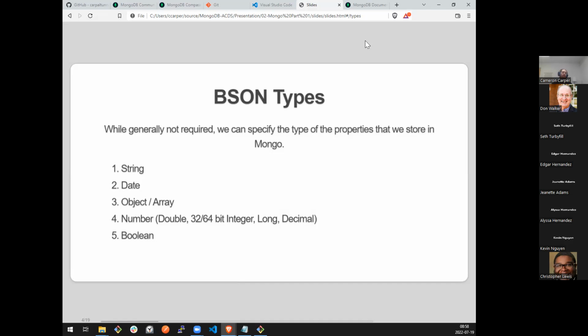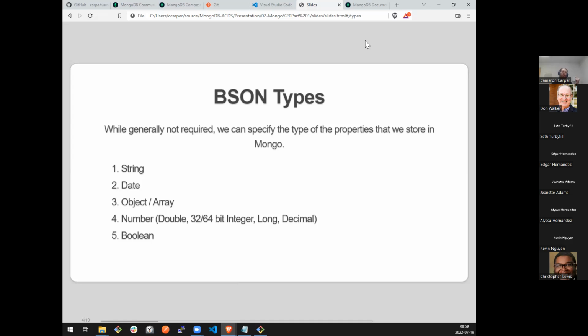So the general types that we will work with, the very obvious and easy ones, because if you've ever worked with JavaScript, are string, date, objects and arrays, and Booleans. In JavaScript, we typically just say number, just give me a number, and don't worry so much about what type that number is, unless it's for a very specific purpose. I generally do the same with Mongo because I'm interacting with it from JavaScript. So I take my type in JavaScript, I hand it to Mongo, it stores it as needed.